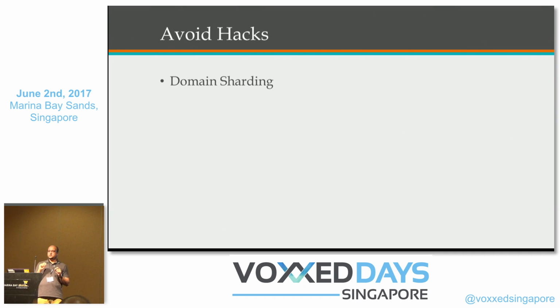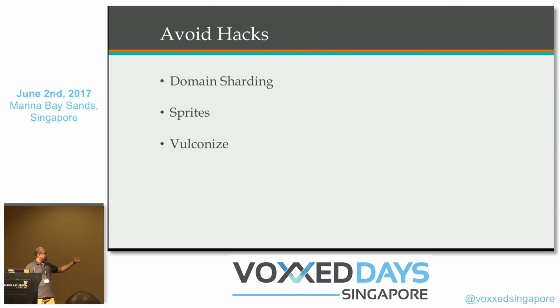Again, we should not confuse domain sharding with the way we deploy our application on cloud. When we deploy our application on cloud, the application is mirrored across a lot of data centers, and based on the proximity of your client, that particular data center is used. But the definition of domain sharding is different. Domain sharding is solely done for the purpose of having multiple connections, more than the designated connections, which with HTTP 2 is not needed.